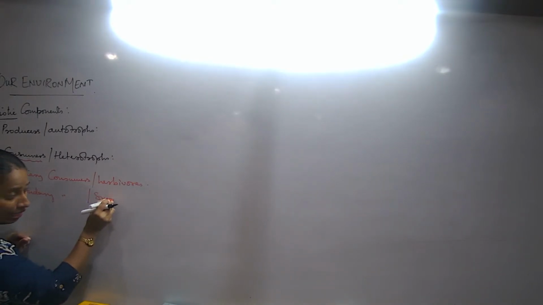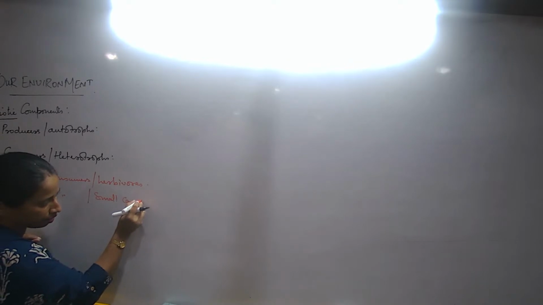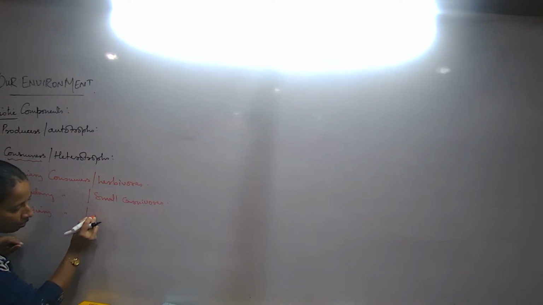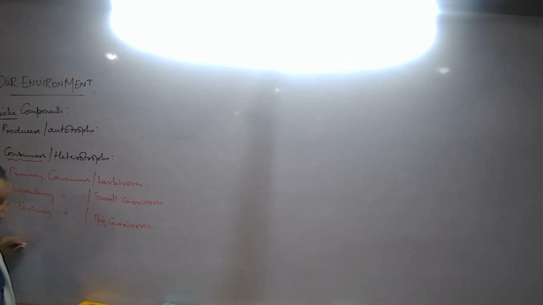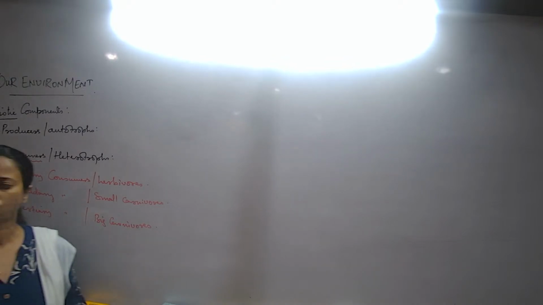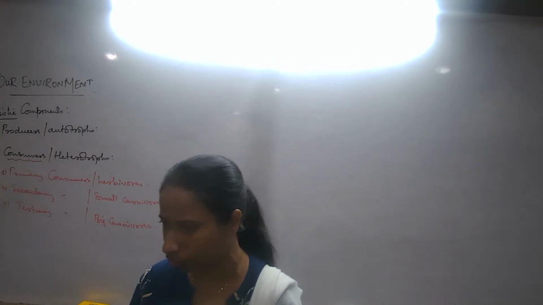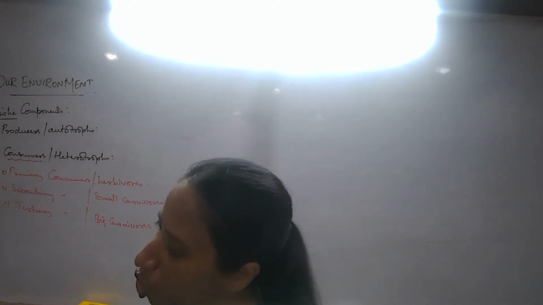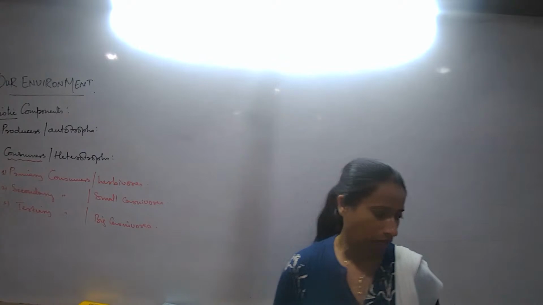Secondary consumers would basically be the small carnivores. Next is the tertiary consumers. What do we talk about? These are the big carnivores. When you write a food chain, you will have to remember the groups and the categories. What are consumers? The simple concept is that any type of organism which is not capable of manufacturing its own food is a consumer. So what are primary consumers? If I give you an example, what should I tell you?